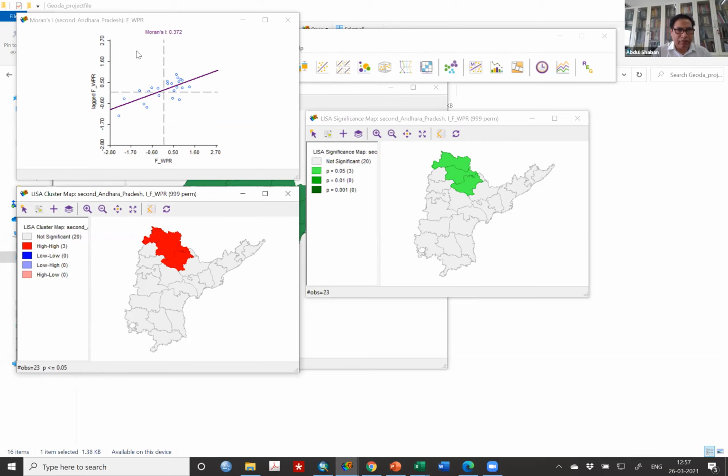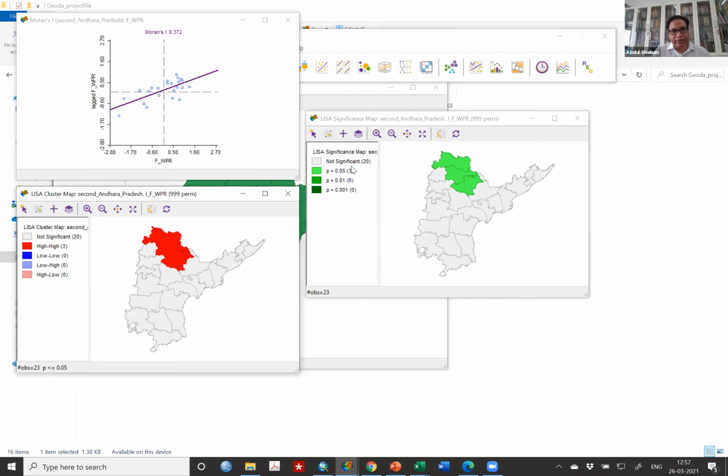You can convert these four quadrants into the value of that. So this is the hot spot of high female work participation rate. These are the districts, and they are statistically significant at the 0.05 level, the 95% confidence level.